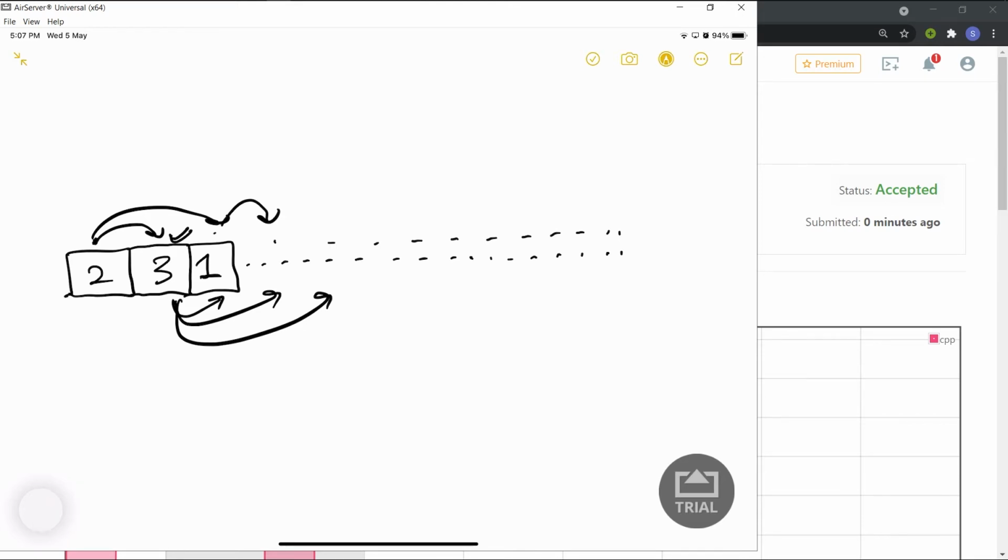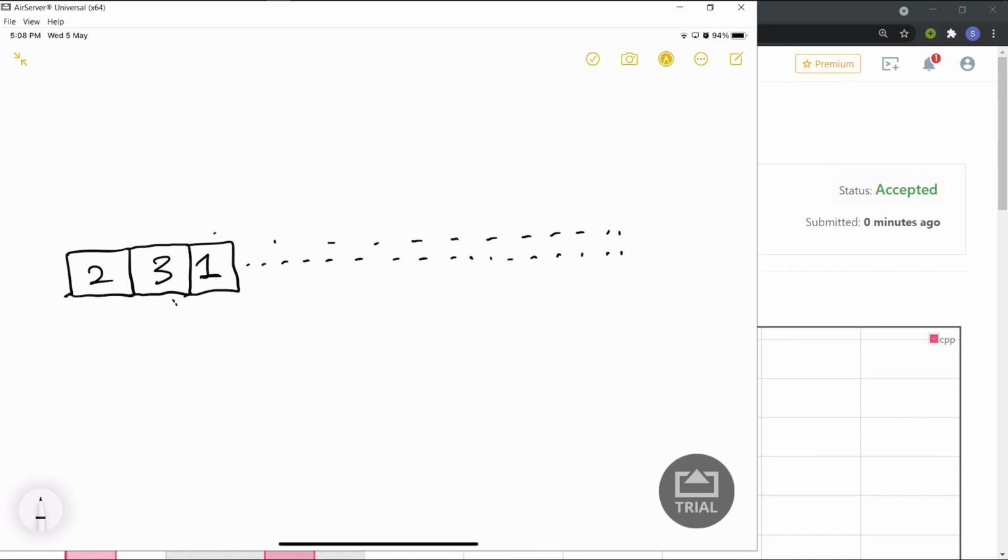But what you can see is that for this index, we are calculating how many jumps are required. Whenever we start at this other index, we again go to this 3 and again go back to this 1. So this is being calculated again, and it was calculated here also. There is a repetition of this calculation which is unnecessary. We can save it, and that will optimize our code. Basically that is the approach of dynamic programming.